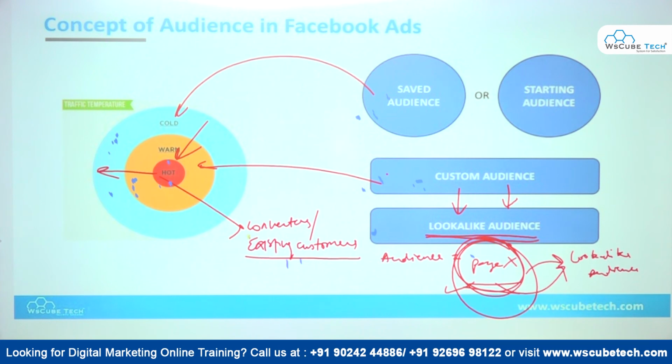I will always recommend you to start preparing your custom audience and your lookalike audience from the very beginning, right? First of all, work on saved audience, and then start preparing for your custom audience, because custom audience is the one which is actually going to give you maximum results. So first of all, go for saved audience, try to find a good saved audience, try to bring good traffic to your website, and then research and try to create a custom audience, and that will help you in bringing conversions or whatever your goal is, right?